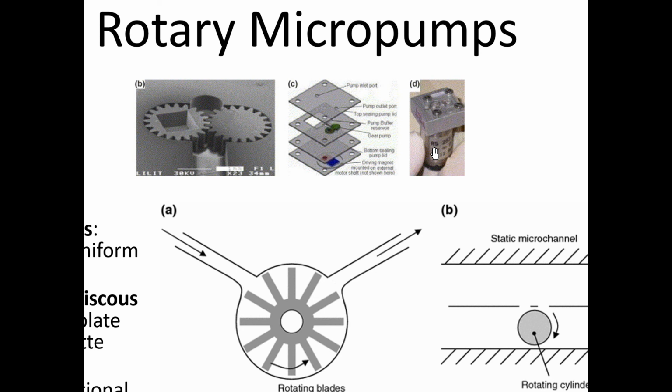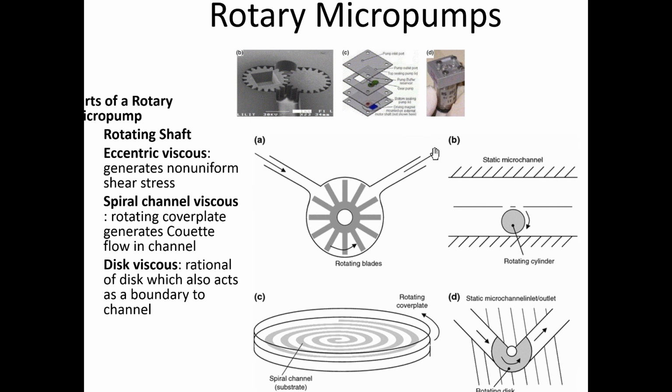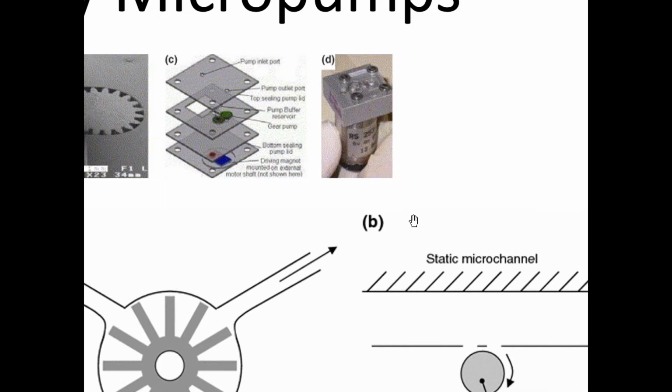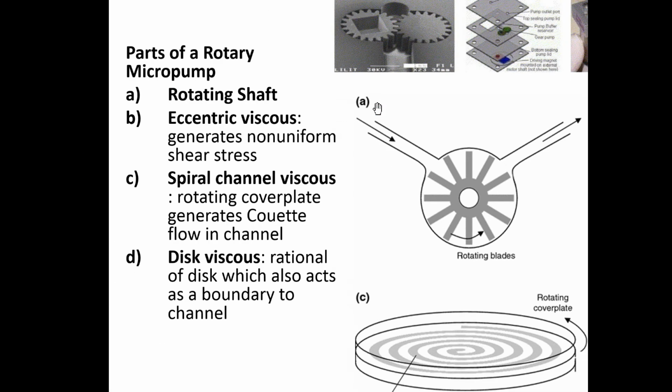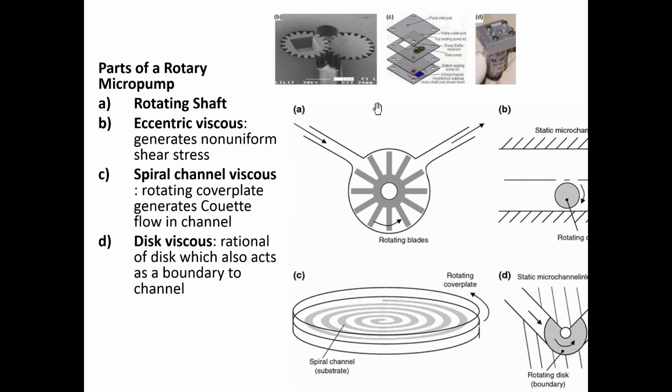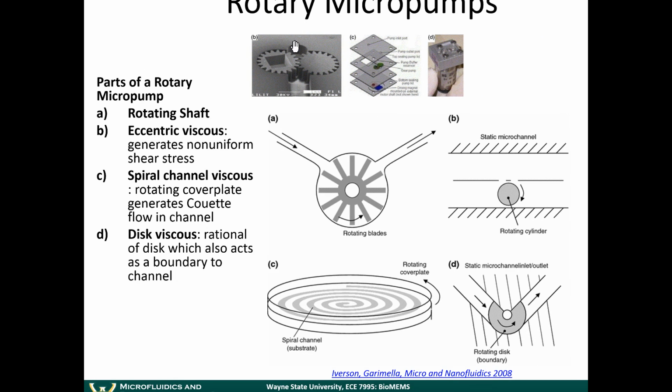So these rotary micropumps try to exploit that concept. You would have this DC motor, and the spindle on the DC motor would somehow be connected into your microfluidic channel, thereby creating a pumping motion. So there are a few different ways that you can do this. So if you want to make a rotating micropump, you can,